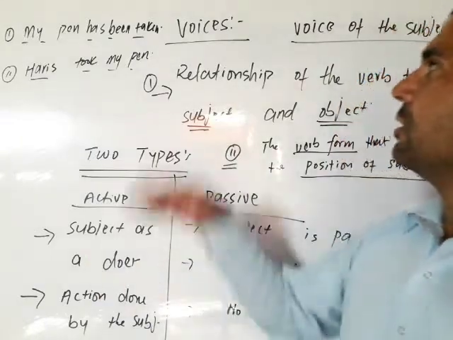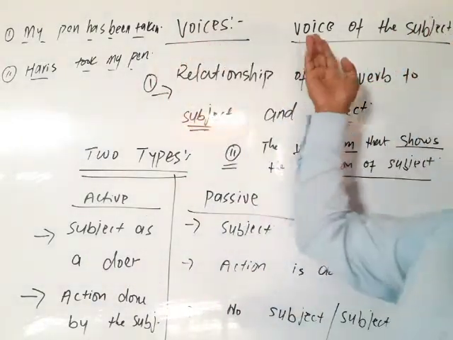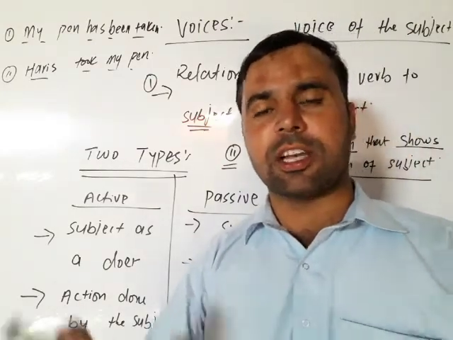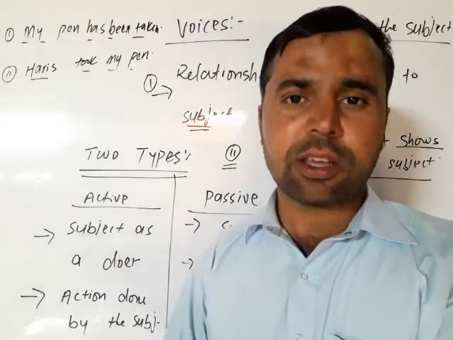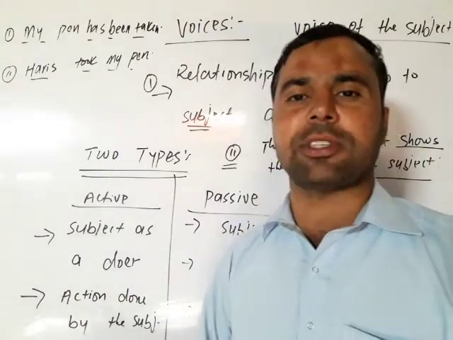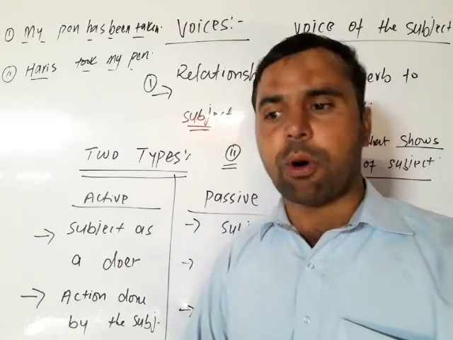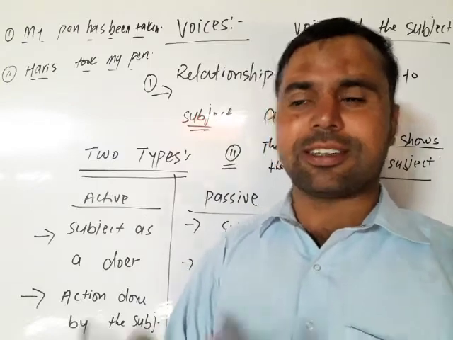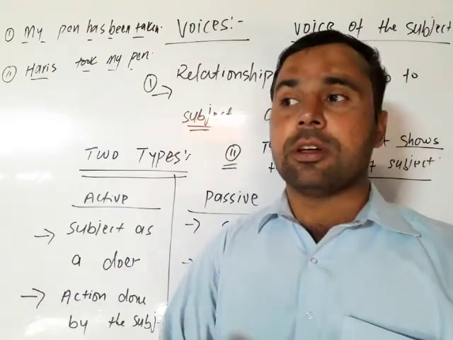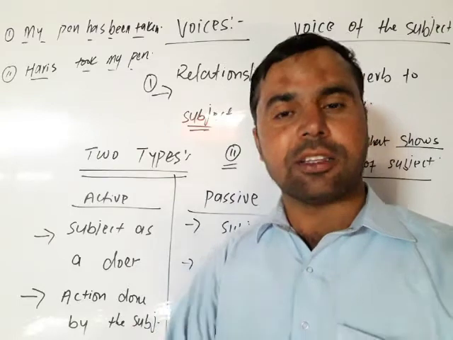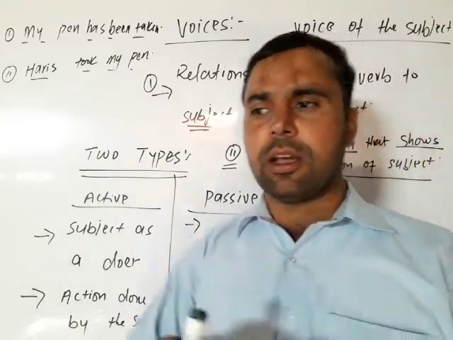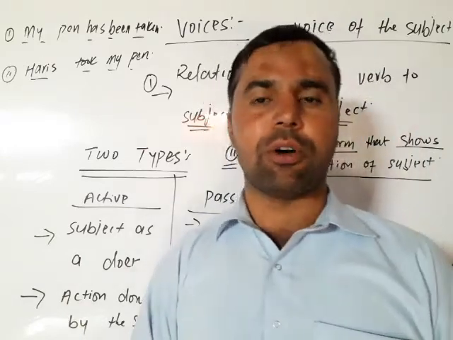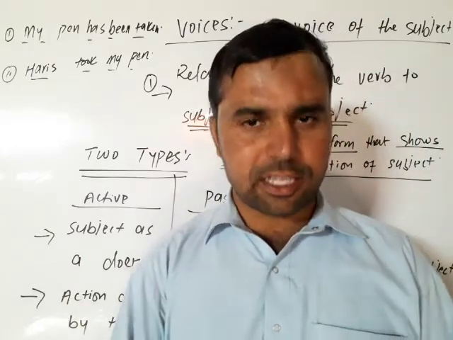Or simply by voice we mean the voice of the subject. I mean whether the subject is actively doing some work, or whether the subject is either absent or passively involved in some action. I mean to say, whether the subject does some work or the action is done to the subject. Now, if we analyze this definition, we can have two main types of voices, and they are active voice